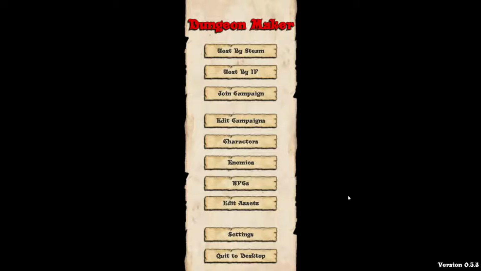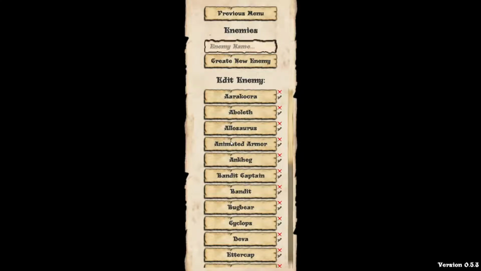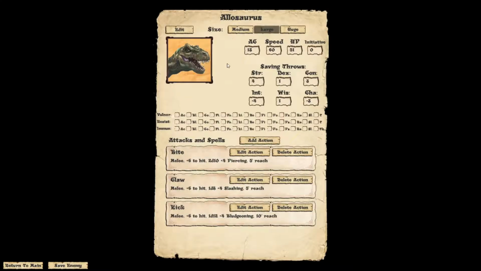So the first change, the asset editor, came as a suggestion from some of the early reviewers on Steam. They wanted to be able to put in custom assets that the DM adds to the game that their players can see, similar to how enemies and NPCs are done. If we look at the enemies and NPCs, you have your custom picture of the enemy that the DM sets and is on the map, and then that is automatically transferred to the players so they don't need to have